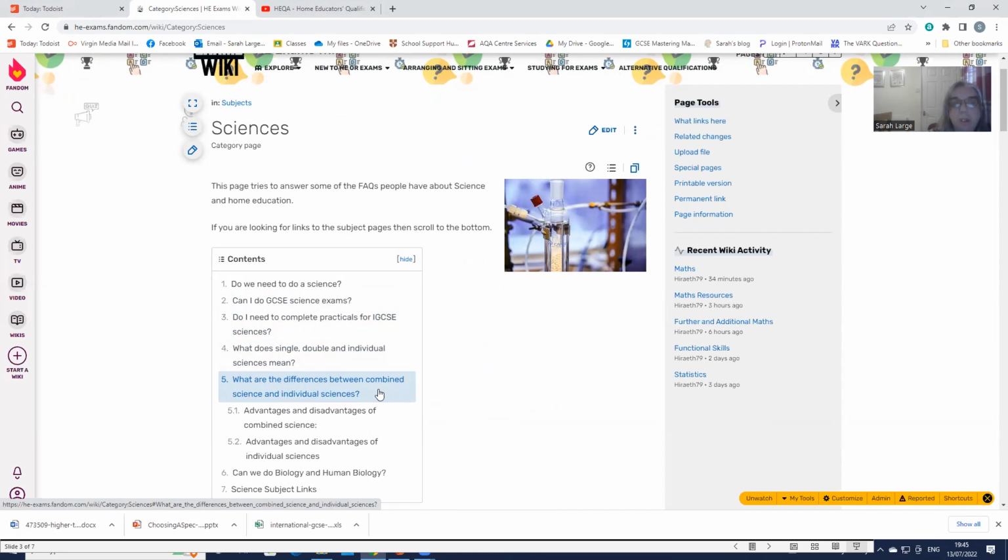So the question is, do we need to do a science? The answer is no. As Tracy says, we don't need to do anything. There's nothing compulsory. As I say, maths and English language tend to be the requirements for most things. Science is a requirement for some things. So teaching, nursing, actually it's only primary teaching, isn't it, that requires a GCSE. Nursing,